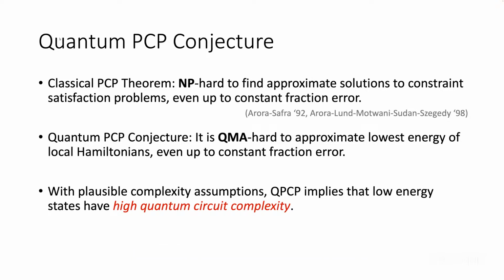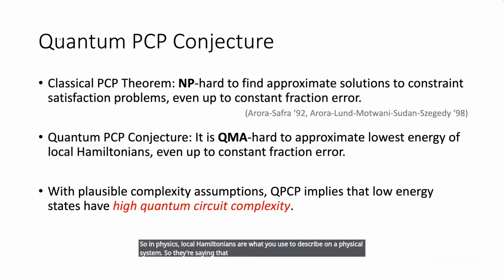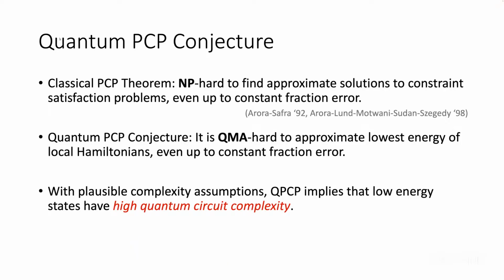And the reason for that is because if you make some plausible complexity assumptions, the quantum PCP conjecture implies that what are called low energy states of local Hamiltonians... In physics, local Hamiltonians are what you use to describe quantum physical systems. So they're saying that there exist quantum physical systems where even at not necessarily zero temperature, but non-zero temperature, the quantum states of these systems have high quantum circuit complexity, which would indicate that you're seeing some very strange quantum phenomena in these